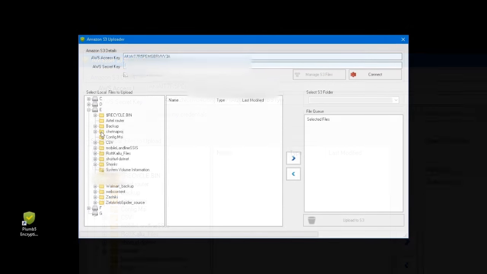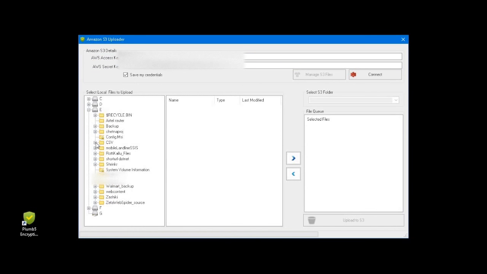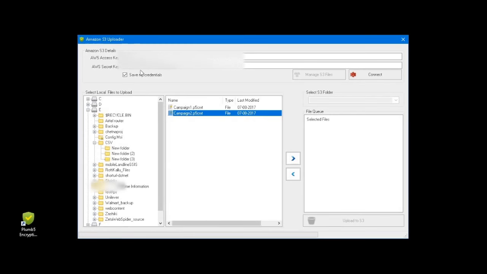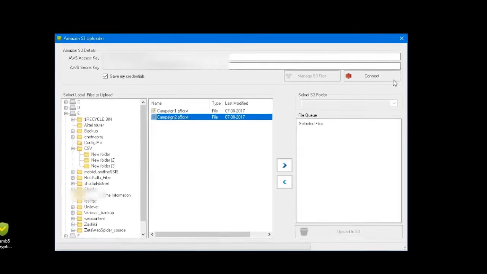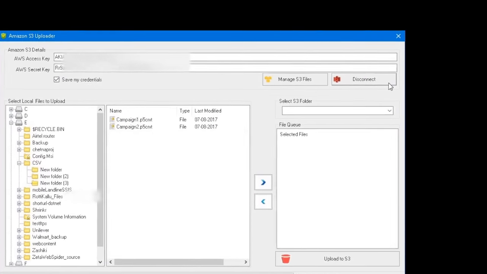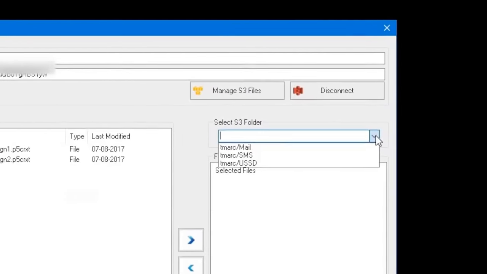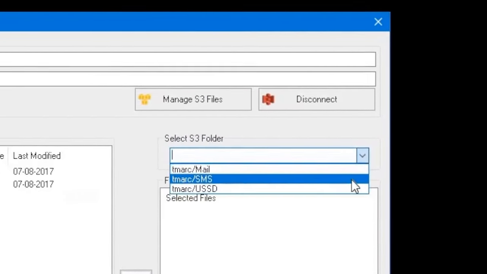Now you select the encrypted files that need to be uploaded. Please note, this application will only upload the encrypted .p5crxt files. Use the File Explorer to select the files to be uploaded. Before uploading, please click on the Connect button to check connectivity with the S3 bucket. Once the connection is successful, the S3 folder drop-down will be populated with the folders that you have been given